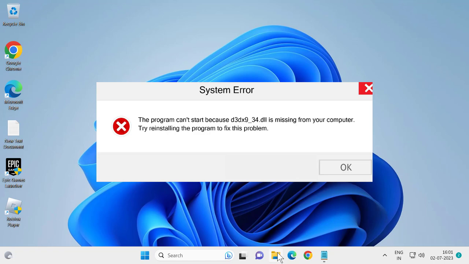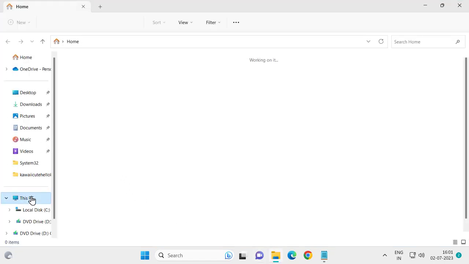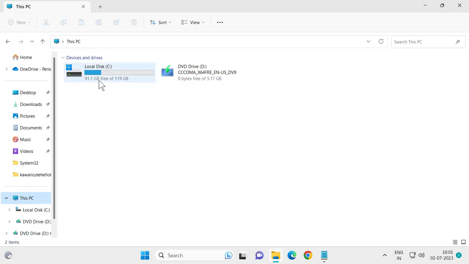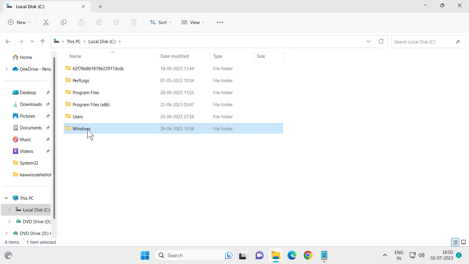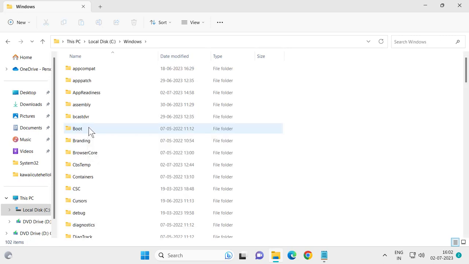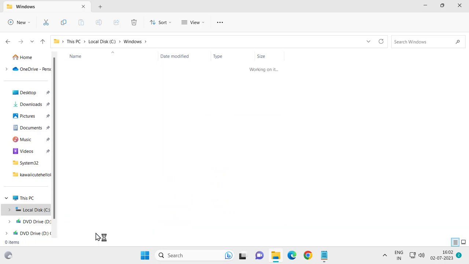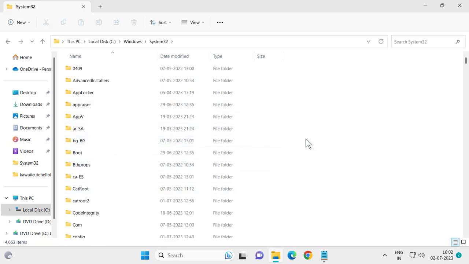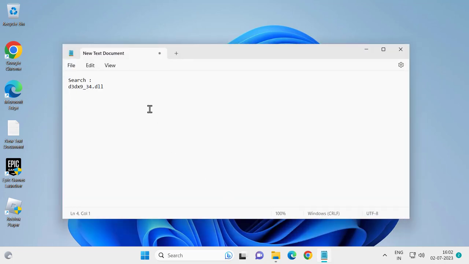First thing, you just need to open up File Explorer, select This PC and select your local disk, guys. Double click on it, double click on the Windows folder and search for System32. Double click on it. In System32 you need to search for, you can also check my video description for this